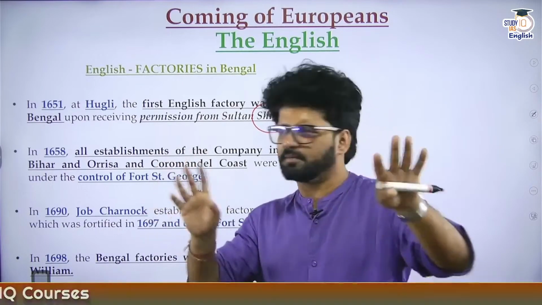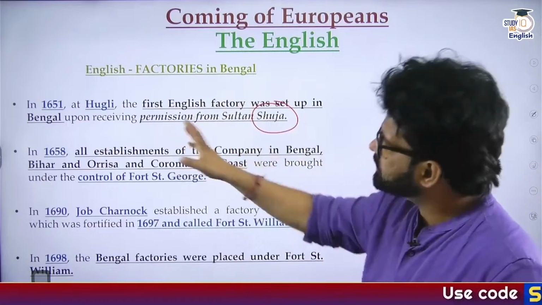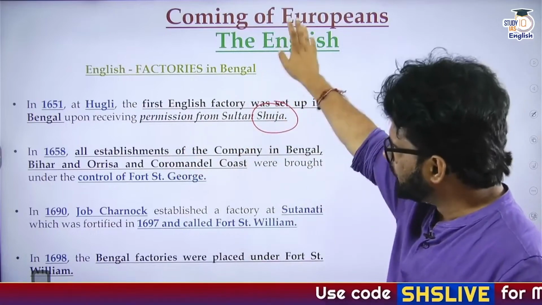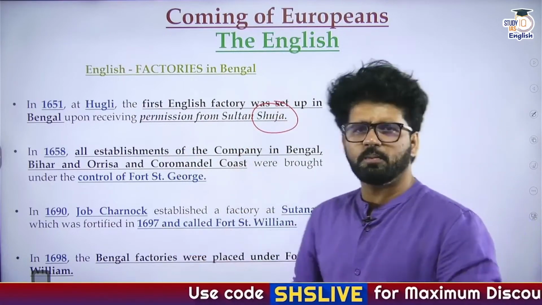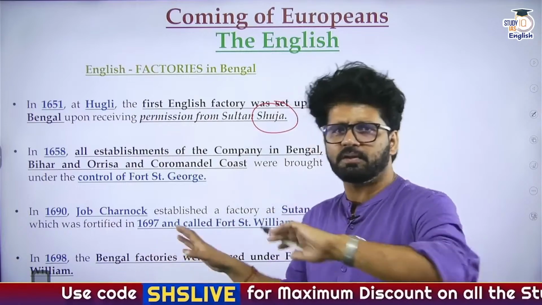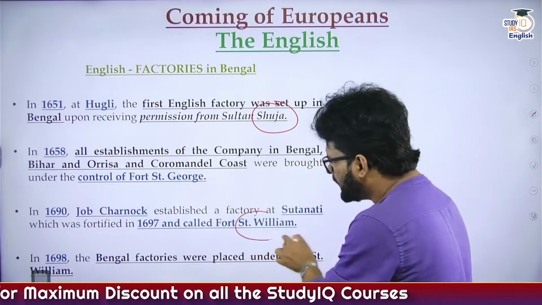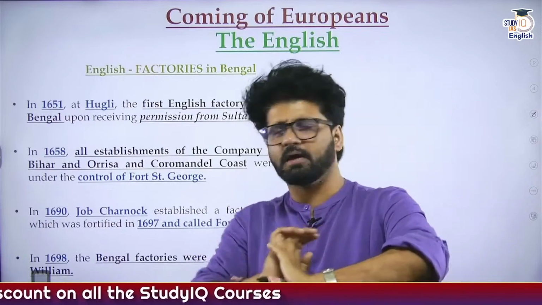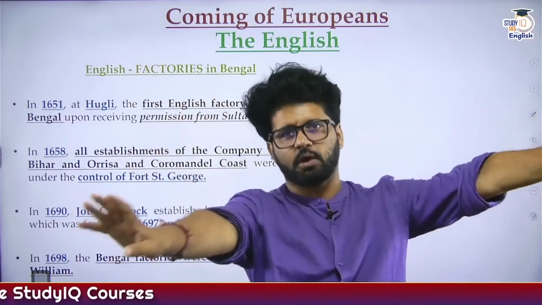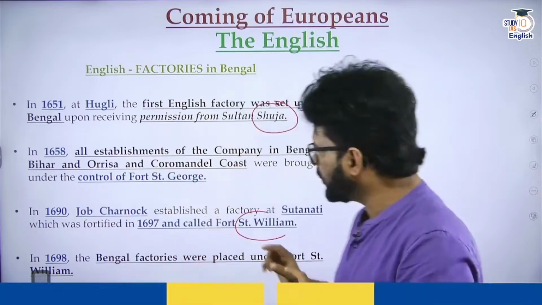So again, hope you understood it. The point here is we will talk about all these chronologies later on also, because the fight with the French will happen and you will hear about these things. But the important point is the fort at Calcutta, Fort St. William, and the fort around the Madras region, Fort St. George. This point you have to keep in mind.